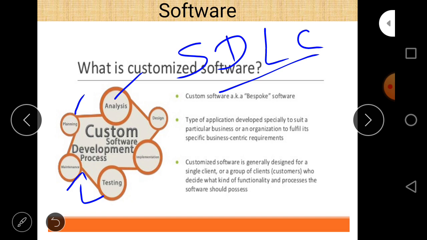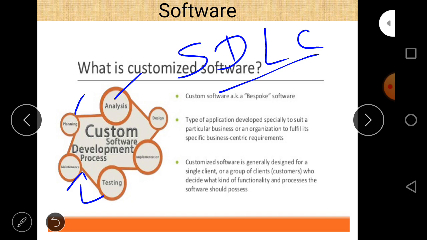So these are the different phases of a customized software. This is also called tailor-made software, because it is user centric and according to the user's requirement. So it is also called customized software, tailor-made software, or sometimes bespoke software.